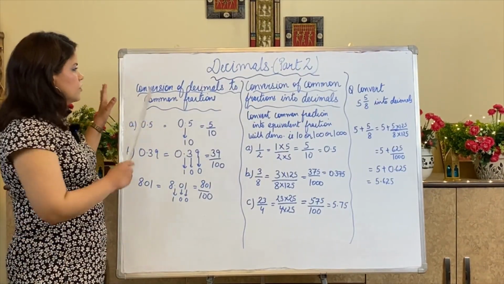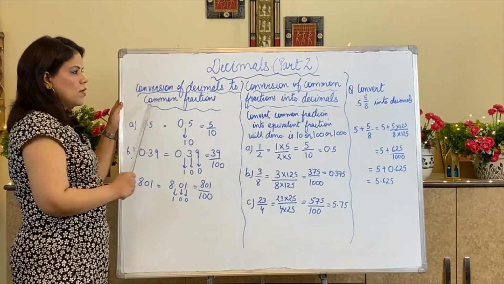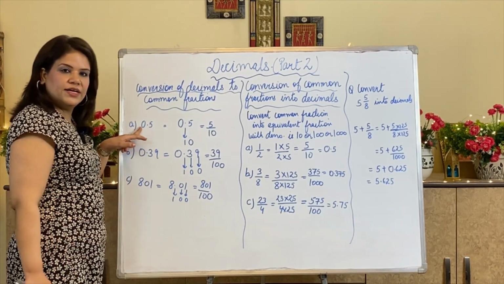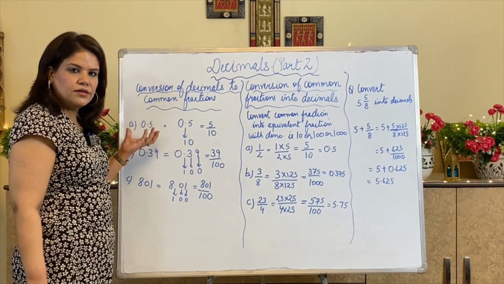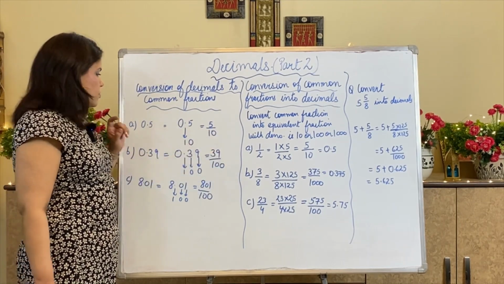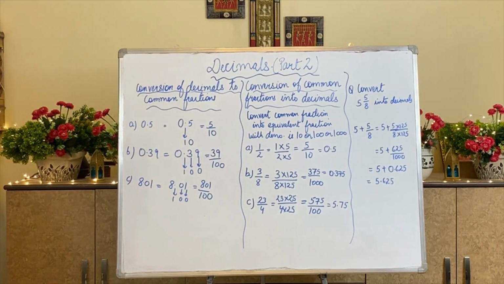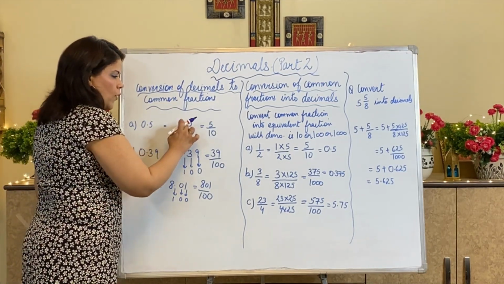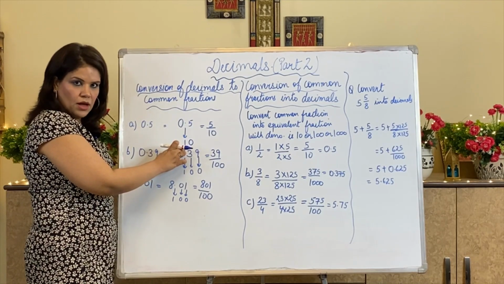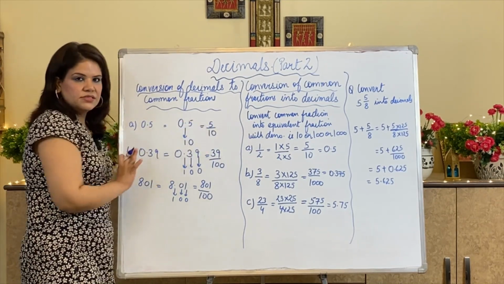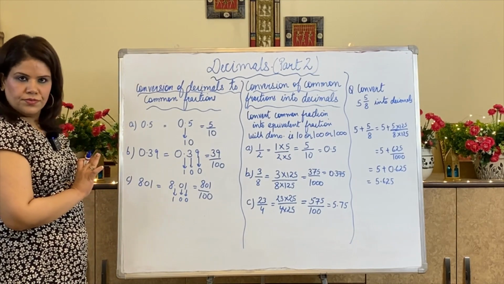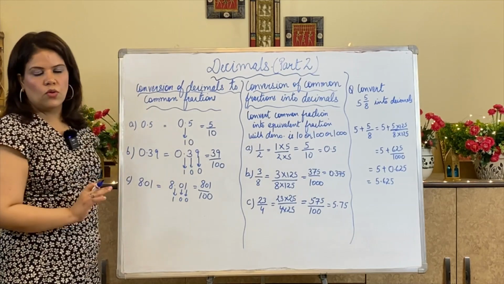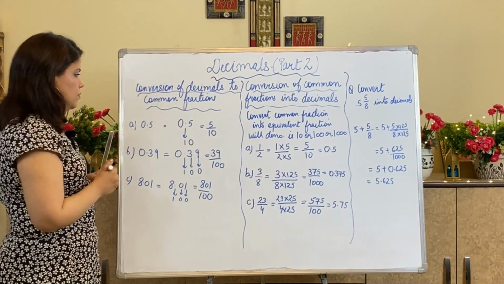Now I am taking conversion of decimals to common fractions. I had been given a number in the form of a decimal number. How can I get a fraction out of it? So how will I be doing this? Whatever number is given, I will be replacing the point with 1. Understood? And whatever numbers are there after it with 0. That will come in the denominator and the decimal will go away.